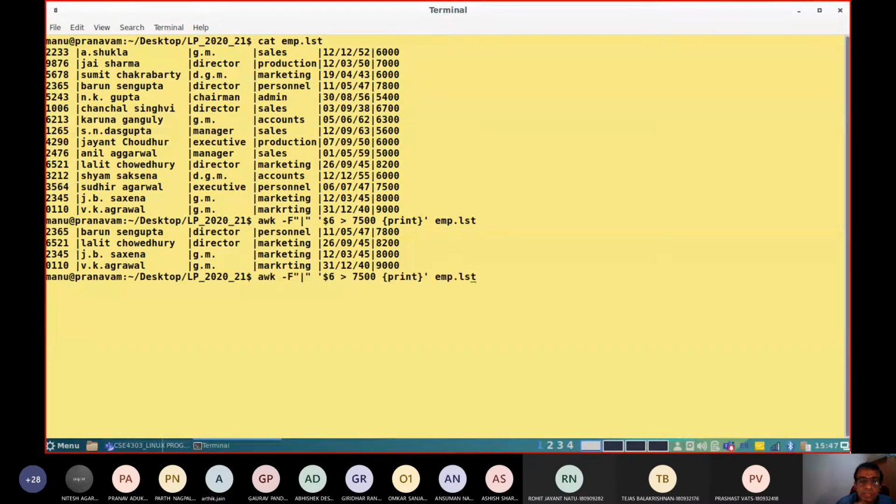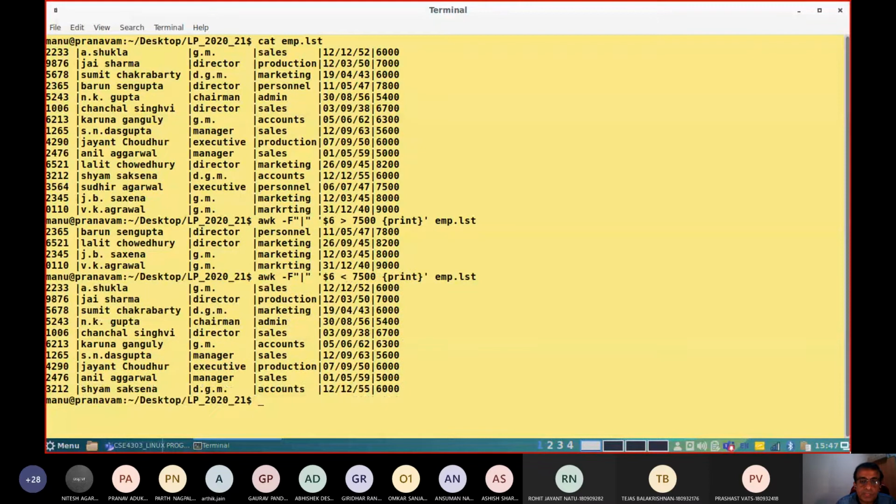Similarly, if you want to find out those who are drawing less than 7,500, you are going to get the list of faculty who are getting less than 7,500 salary. Salary is the sixth field. That's why I have given $6 here. If the $6 value is less than 7,500, you print.